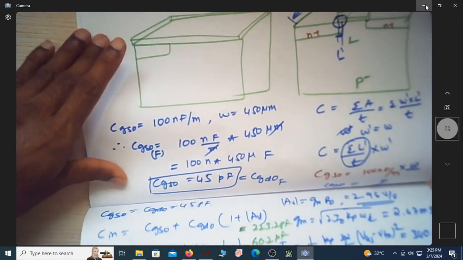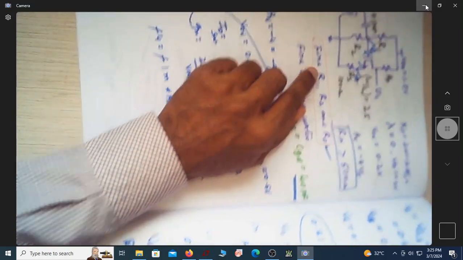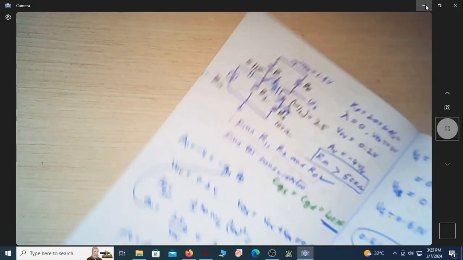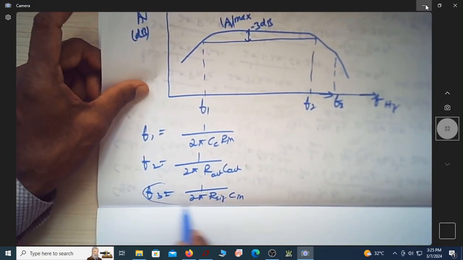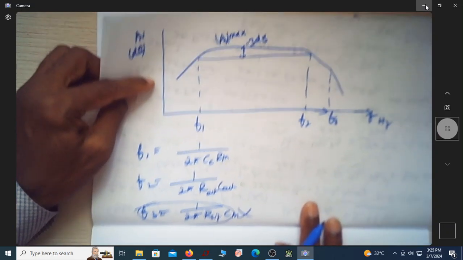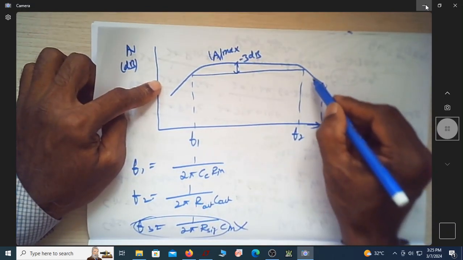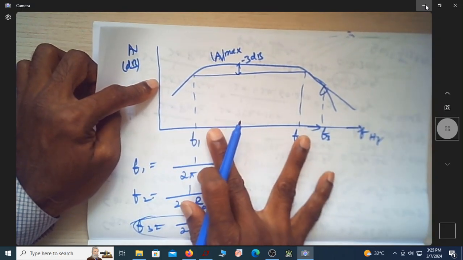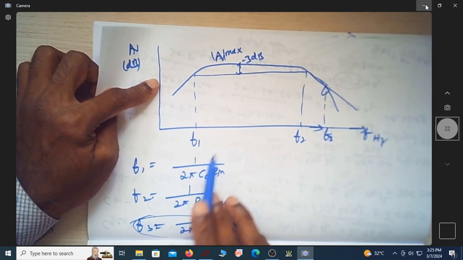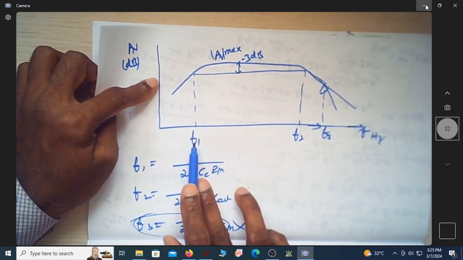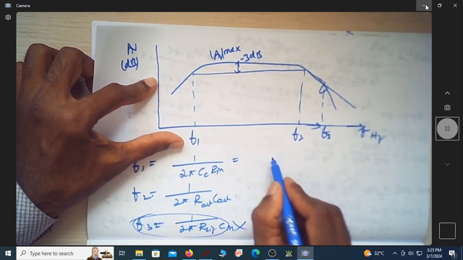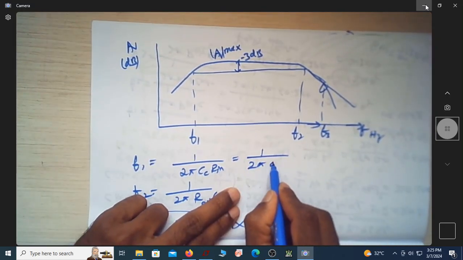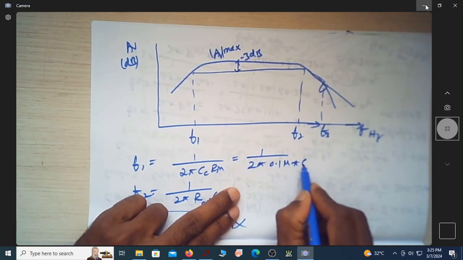If you can see here, since R signal is not at all given, R signal is not at all there, so then this is not coming into the picture. So you don't have any change in slope, it just goes like this. So you need to find only these two. So what is F1 now? F1 is 1 over 2 pi times 0.1 micro ECC, and this was 66